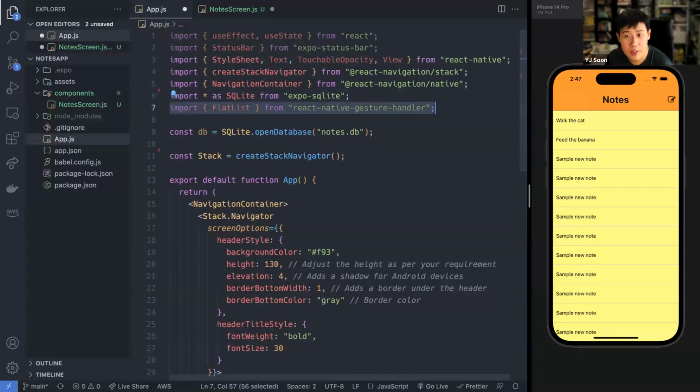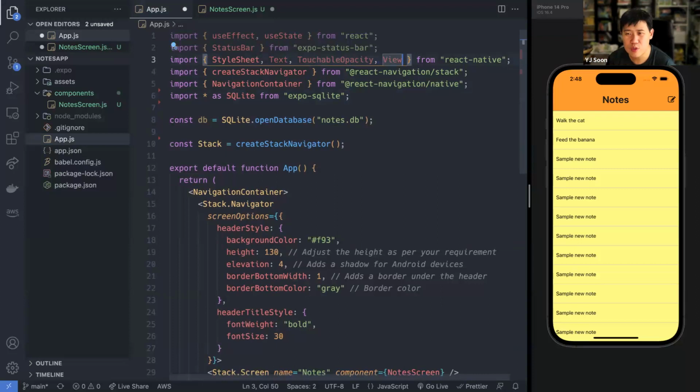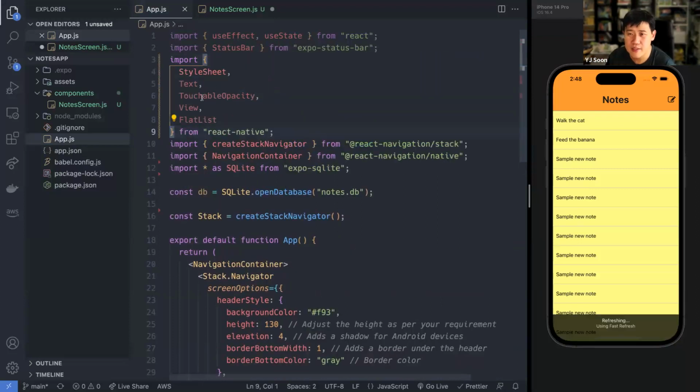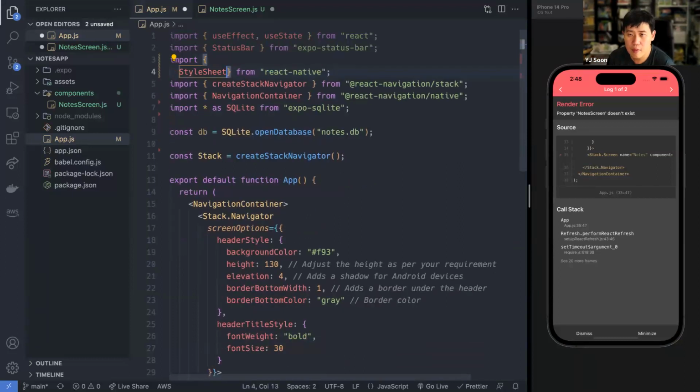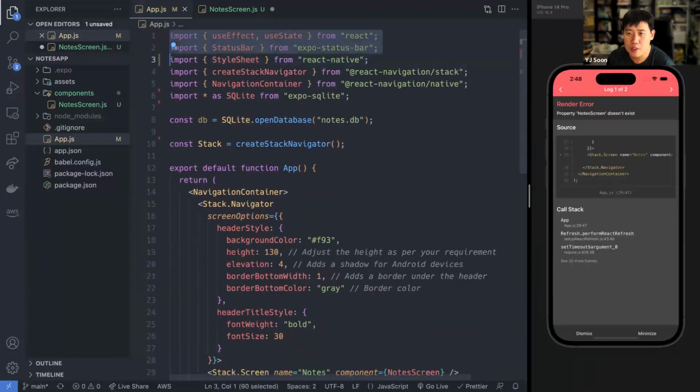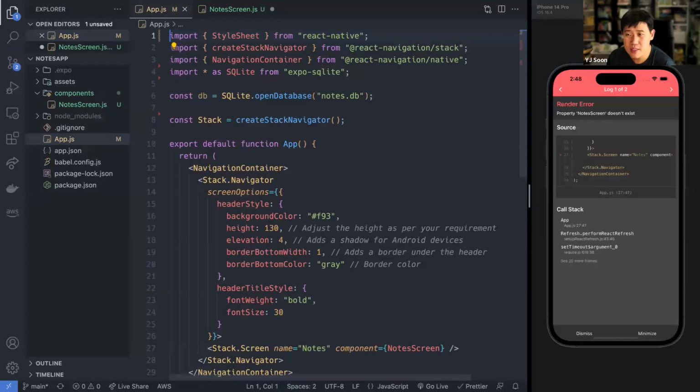And this thing, look what happened, right? They tried to import FlatList from React Native gesture handler. Super annoying, right? Make sure they import it from the right place. Okay, FlatList over here. You can get rid of the ones that they are not currently using. Text, touchable opacity, view and FlatList are not being used, because they don't exist in app.js. You can see that they're a bit faded out, so I can remove them. And down here, I'm not using these two either. So we just optimize things a little bit.